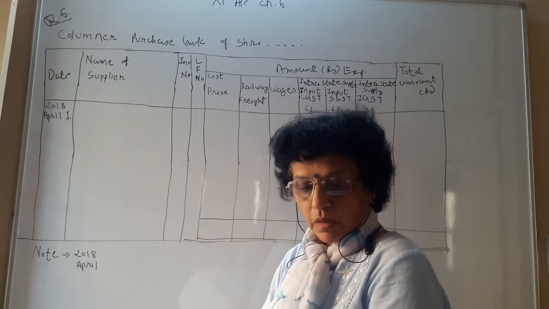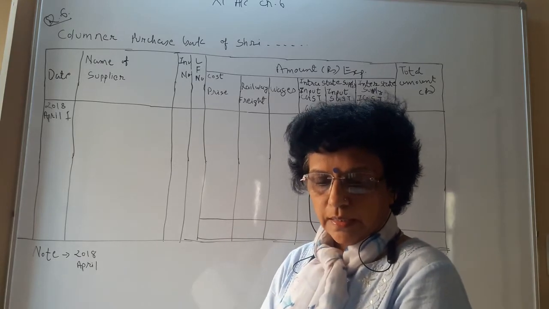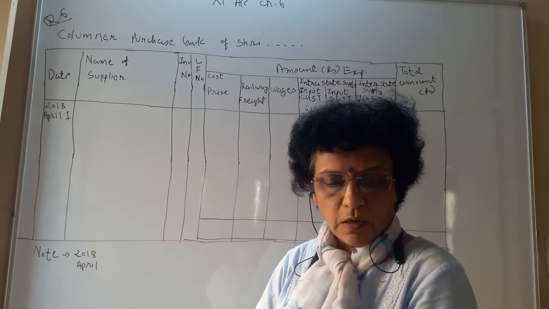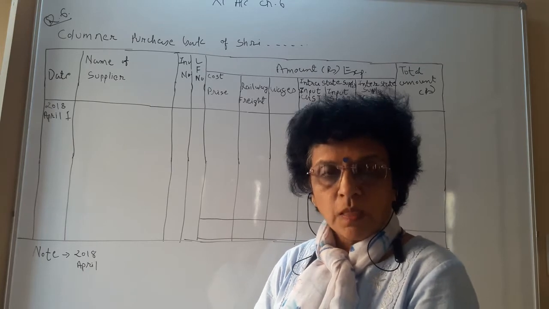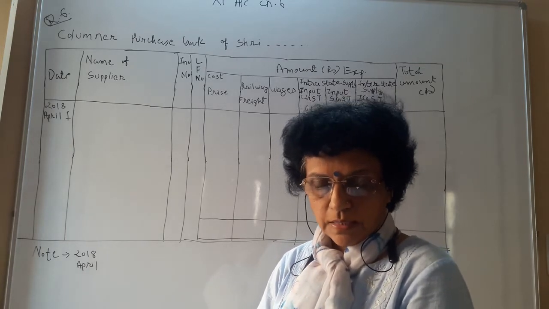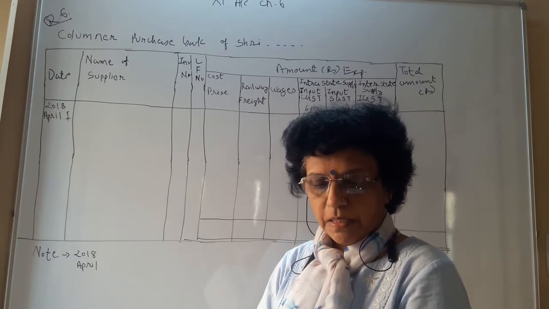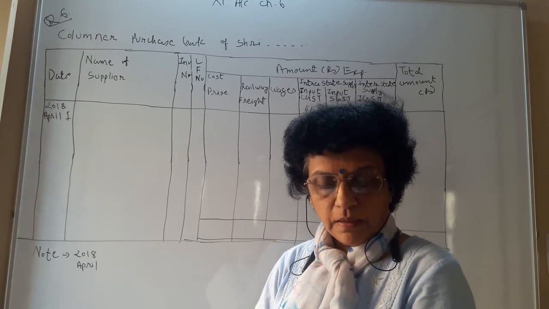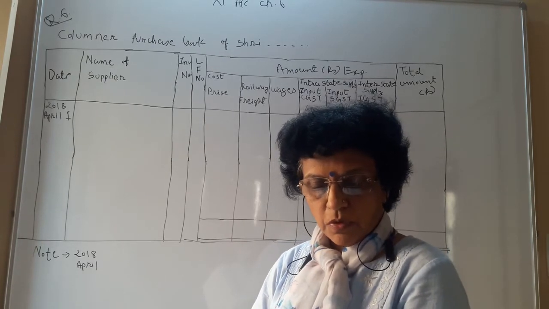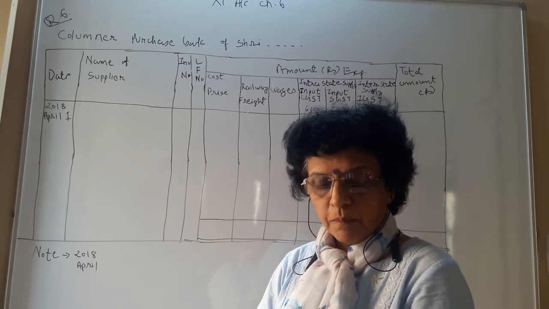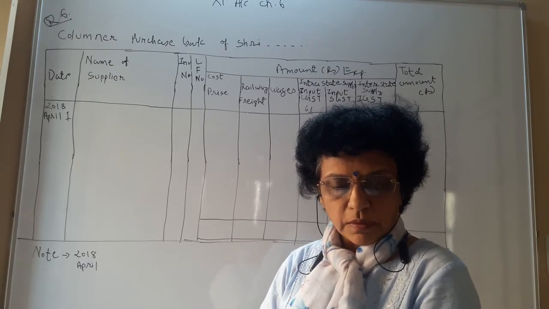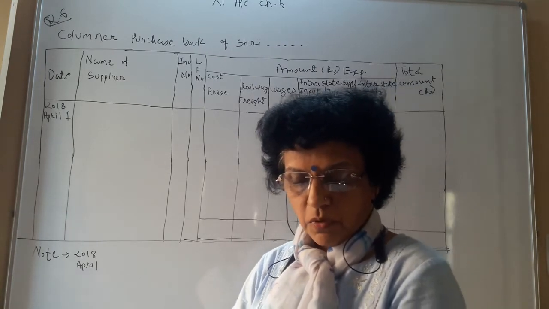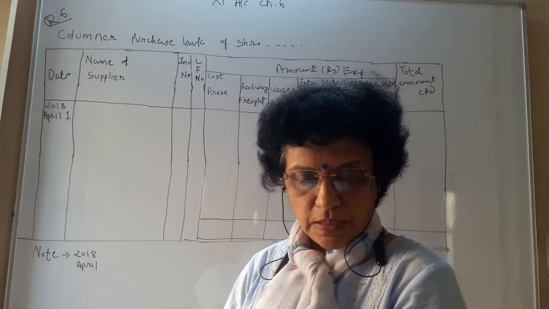Let us see. Abhishek Stores of Rajkot is an iron merchant. Prepare a purchase book in his books of account with the columns of expenses. So underline that columns of expense you are supposed to prepare. He maintains separate columns for the expenses like GST, railway freight, labor. Prepare the purchase book by applying total 12% of GST rate. GST is not included for the following transactions. Add applicable amount of GST and prepare the purchase book.